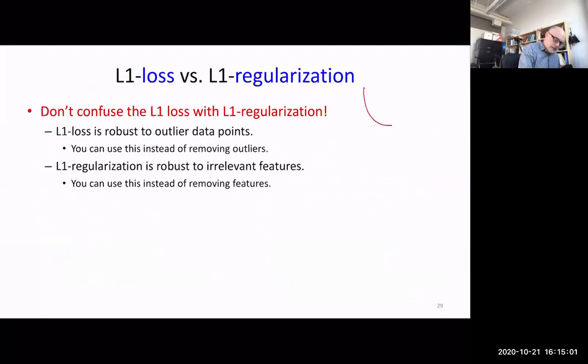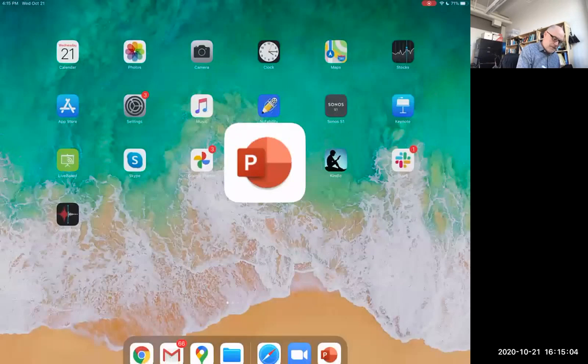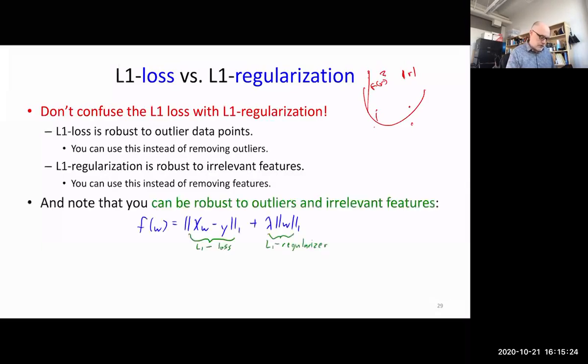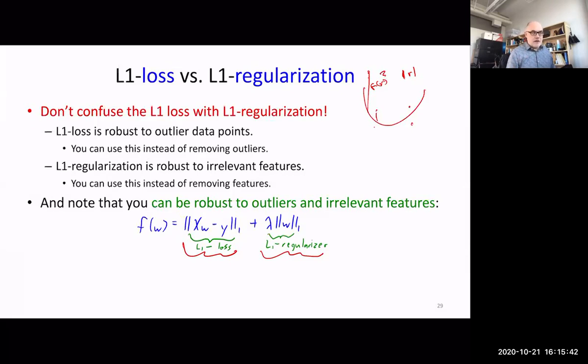So L1 loss is the robust loss, which penalizes residuals not quadratically, but linearly. Okay. So L1 loss is robust to outlier data points. L1 regularization is what we just talked about, is robust to irrelevant features. Okay, so you can use that instead of doing search and score. And of course, you can actually put these two together, right? So you can have a robust regressor, which uses an L1 loss, and you can also L1 regularize the weights or the parameters of such a model to do simultaneous model selection and